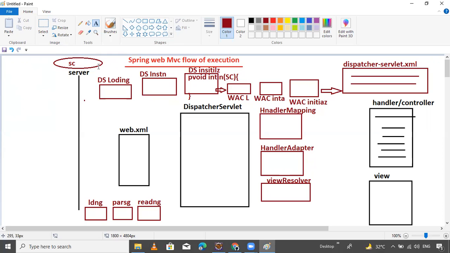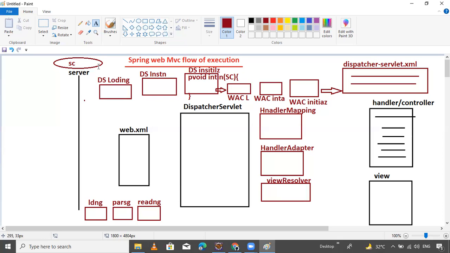First, the server will identify how many web applications are there inside the webapps folder, then deploy all web applications in the server.